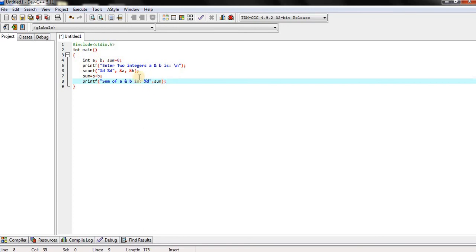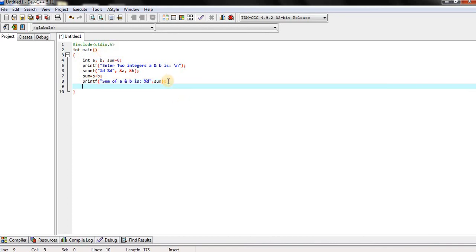Sum is a variable declared in int data type, so the int data type format specifier is %d. In this program we are adding two integers, so the result is also an integer. Press enter.